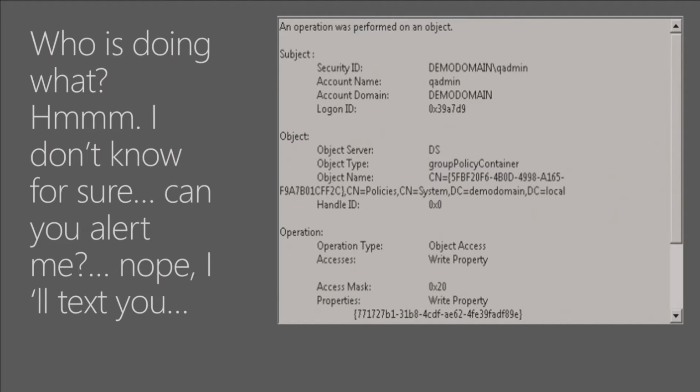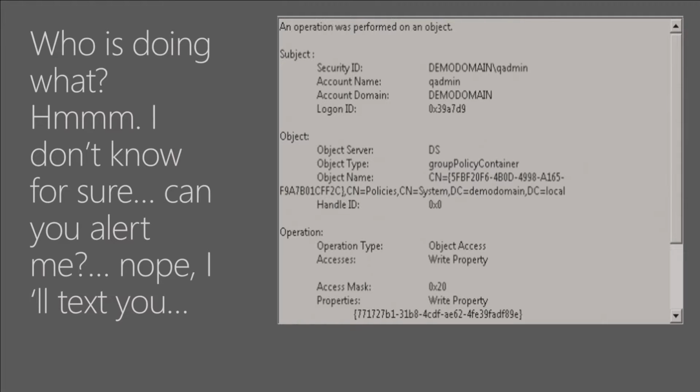So if JMean is part of the domain admins group or local administrators group, I can have a GPO setting that says deny logon. And he's a domain admin. When he tries to log on: sorry, you don't have the rights to log on here. Cool, right? Not quite. He's a domain admin.